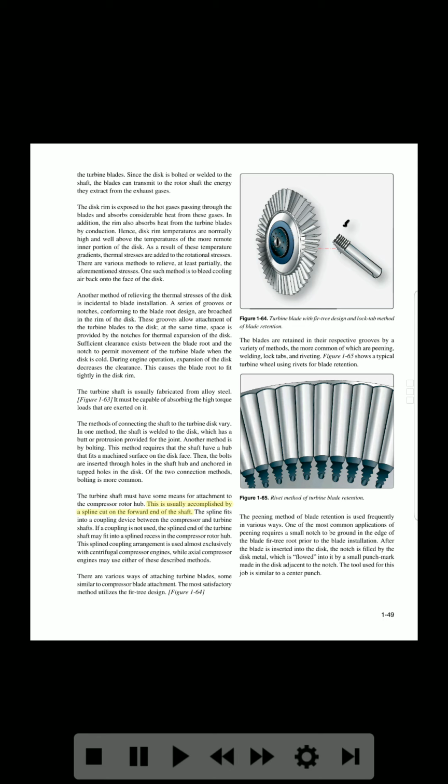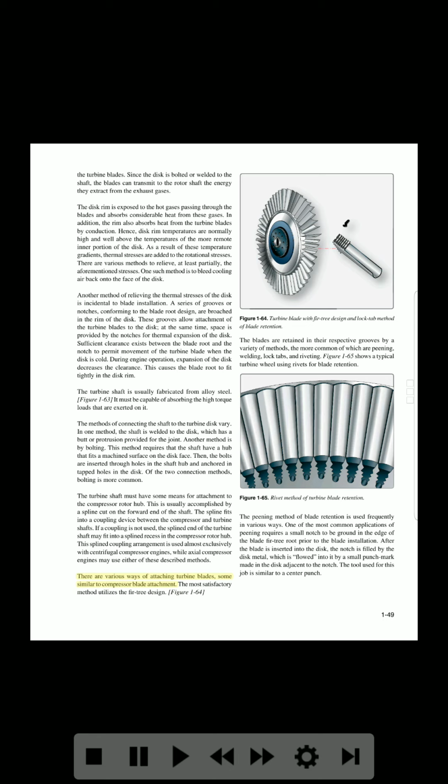This is usually accomplished by a splint cut on the forward end of the shaft. The splint fits into a coupling device between the compressor and turbine shafts. If a coupling is not used, the splint end of the turbine shaft may fit into a splint recess in the compressor rotor hub. This splint coupling arrangement is used almost exclusively with centrifugal compressor engines. While axial compressor engines may use either of these described methods,